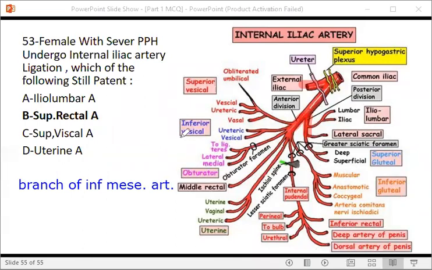The details are as we see in this picture. Please guys, take a picture. You need to know all of them. At least, what is the anterior? What is the posterior? Iliolumbar, lateral sacral, superior gluteal. Those are the posterior. And they cross through the greater sciatic foramen, and the obturator crosses through the obturator foramen, and